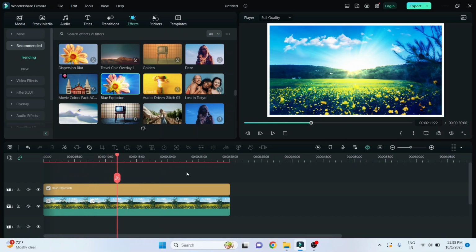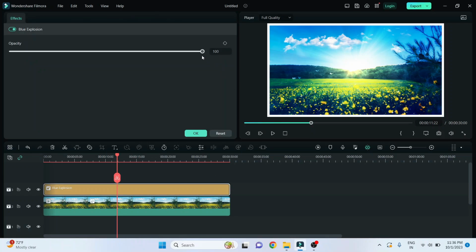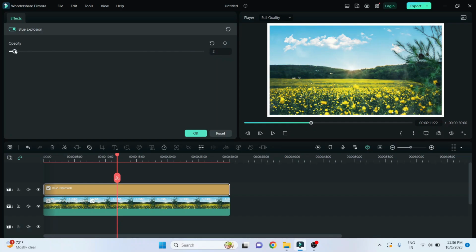But now guys, I want to reduce the opacity and I want to change something. So I can double click here on the effect, and here you see, here it is the opacity. So if you reduce the opacity means you can see the difference. Now I just click on it and I can reduce it. So here you see. Can you see the difference guys? Here you see, if I reduce the opacity to the 0 point, nothing will be displayed. If I increase the opacity means, here you see.